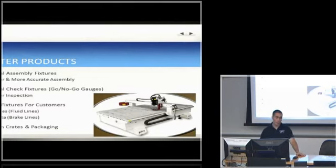We also make our own check fixtures, so rather than having an engineer with calipers and a tape measure out in the factory measuring something for 10 minutes, we can make a check fixture for them to check it in 1 minute. And if it doesn't fit in that fixture, then we can probe in and figure out what went wrong. So it's all about trying to get faster without sacrificing any quality. Something that we didn't initially expect was that customers come to us asking for check fixtures for their plant. It's a lot cheaper to buy check fixtures and make sure it's right before you install it in the car